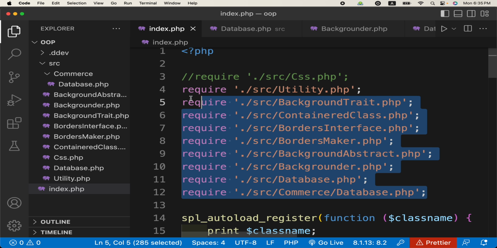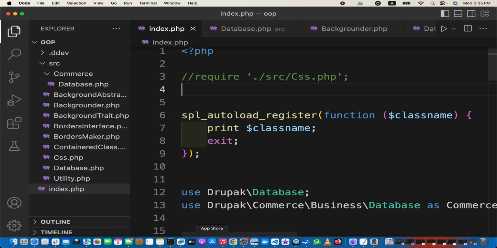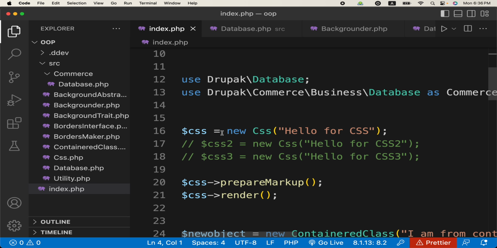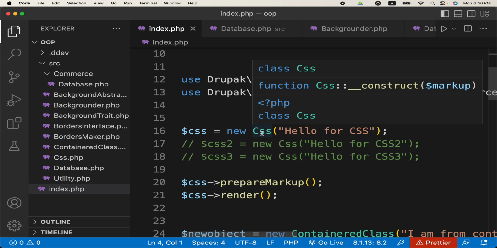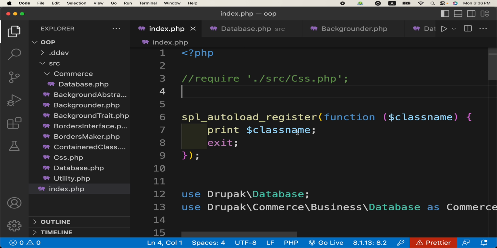Let us comment out all these at the moment. So you can see it is outputting the class name, because this class is being initialized, and as soon as it knows that it has not been included, this function runs, and in this function we are just outputting the class name for now. So what we can do is, via some logic, include